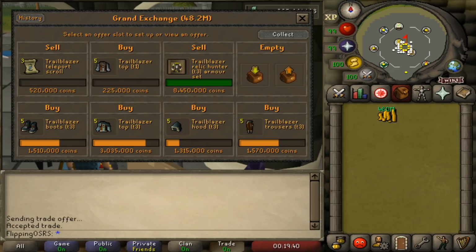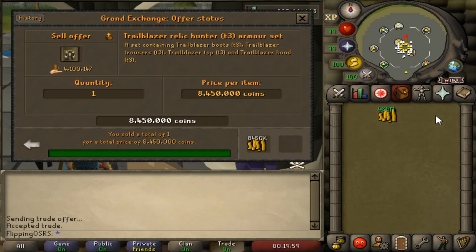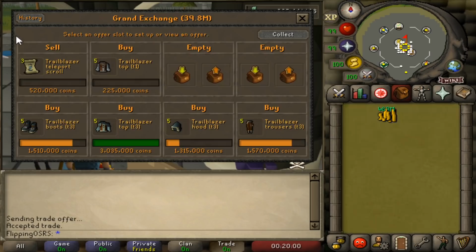And there we go, guys, just like that, we already sold off the tier 3 set for a 1 mil profit. Okay, wow, these things are coming through so quickly right now. The only thing that's kind of lagging is the Trailblazer hood, but we've already almost purchased everything. That's crazy. We're gonna take a 1 mil profit just like that on the Trailblazer set,